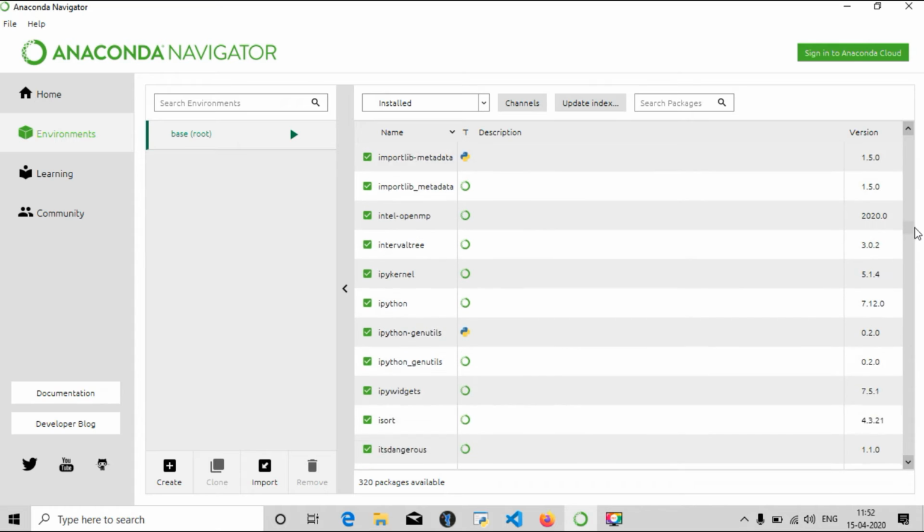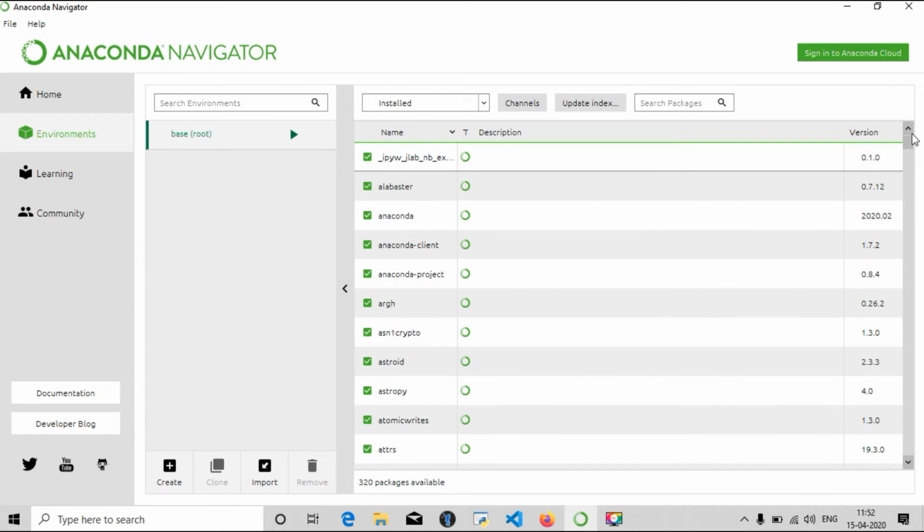You can see there are a lot of packages. If you think these packages are redundant and you don't need them, you can create one more environment. Click create here, install whatever packages you need for your coding, then activate that environment and start your coding. But right now the base root is the default and I'm going to use it as of now.